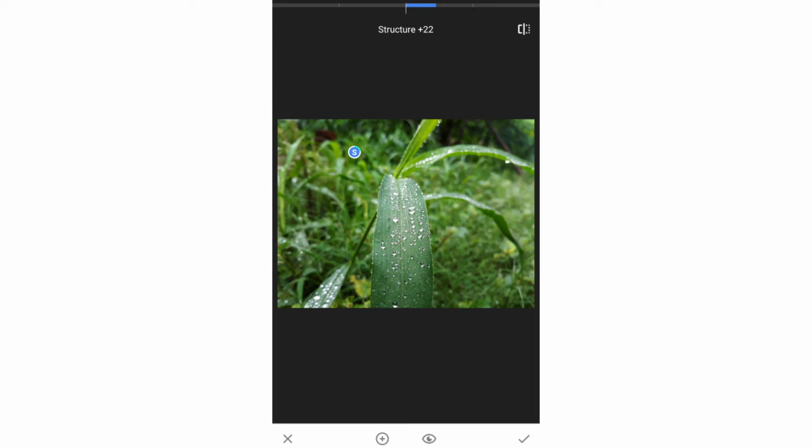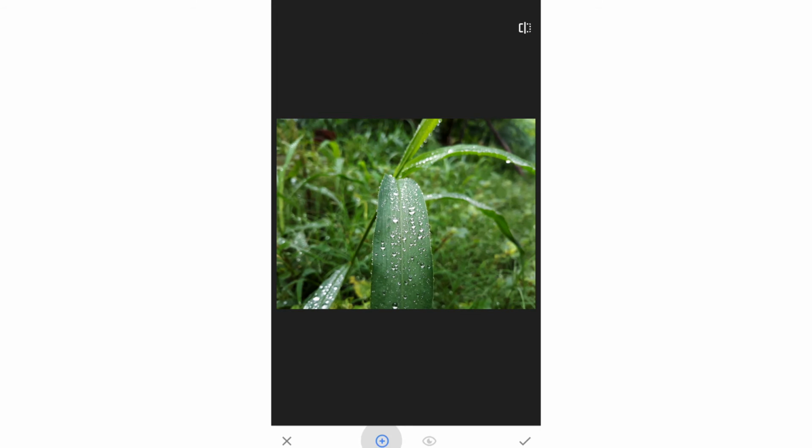You can add as many points as you want. Click on add icon below here and click on the place where you want to add the point. Increase or decrease the size affected, and now we can change the parameters. To delete a point, just click on the point and click on the dustbin icon.